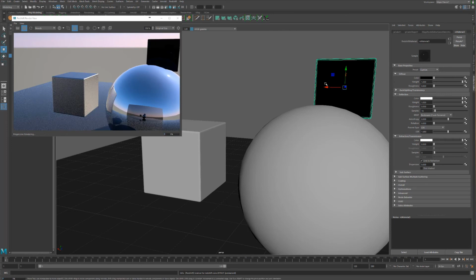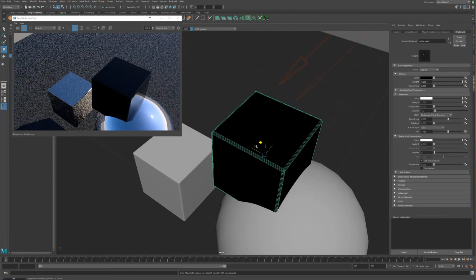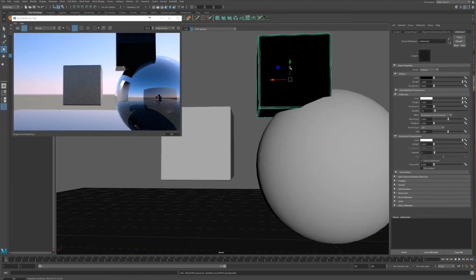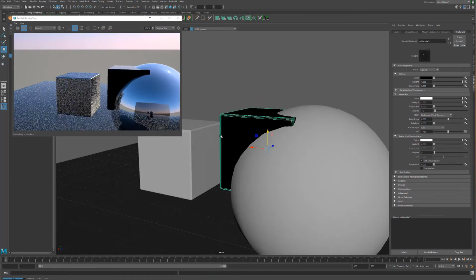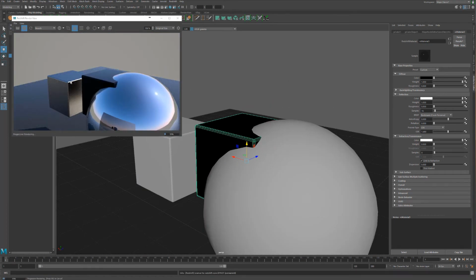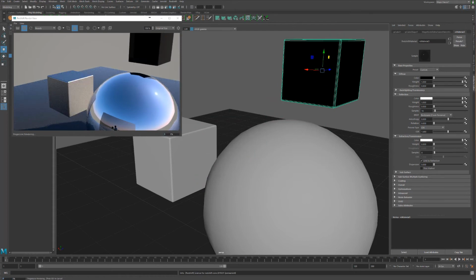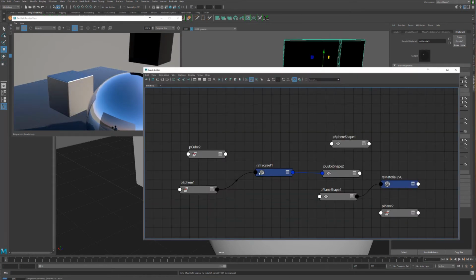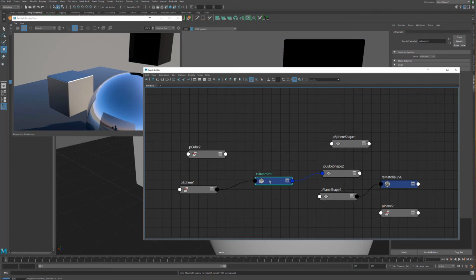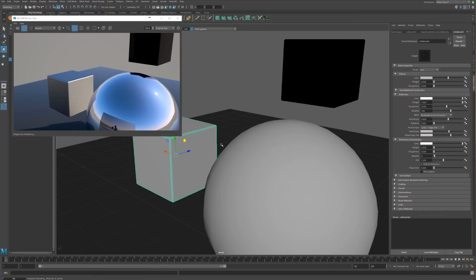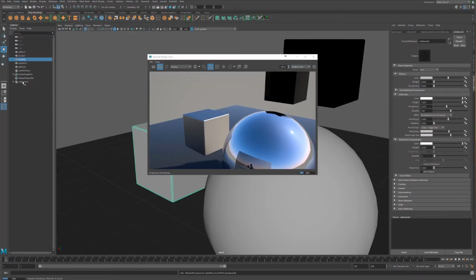let's just make this black, and I move this over, you'll notice that the cube is showing up, this black cube here, but our sphere isn't showing up. And that's because we've got it connected to the trace set. And so going back to the parameter, if we select our trace set here,